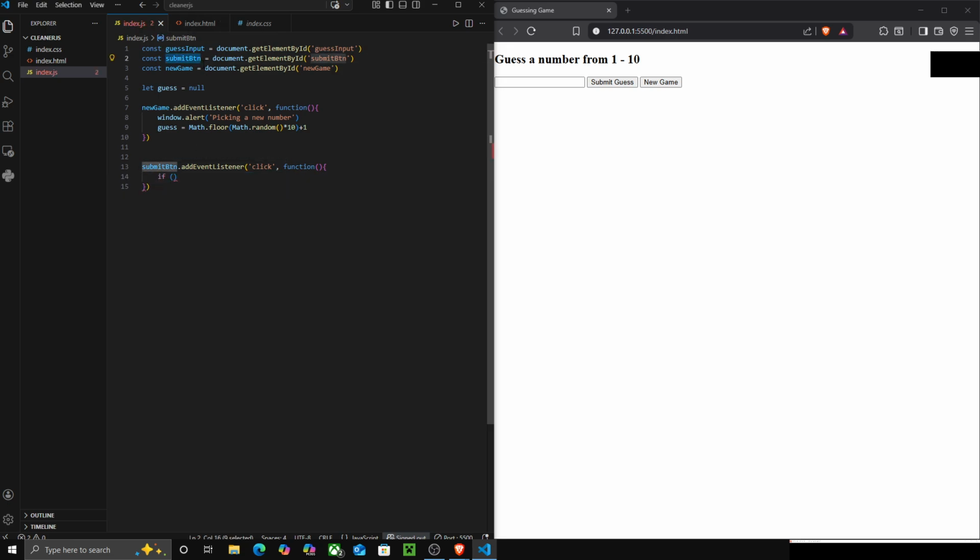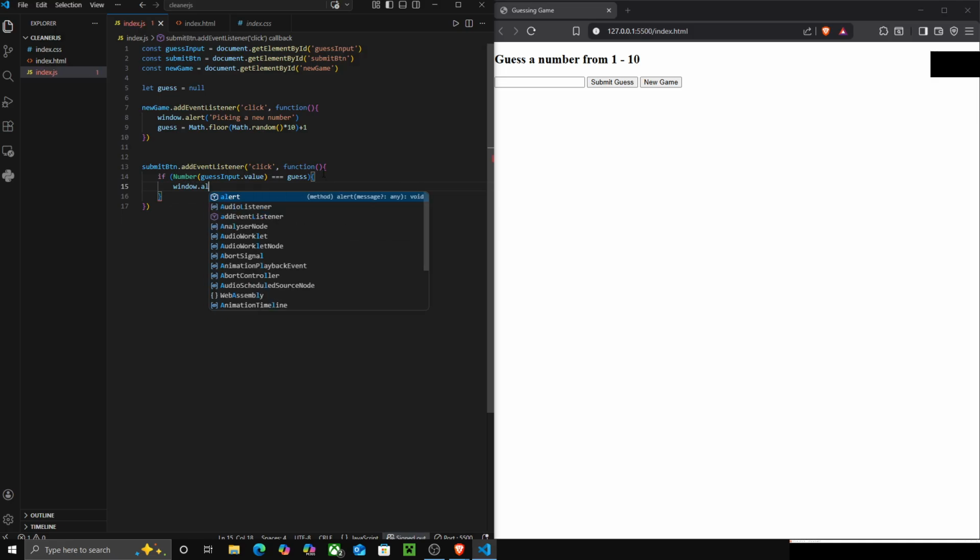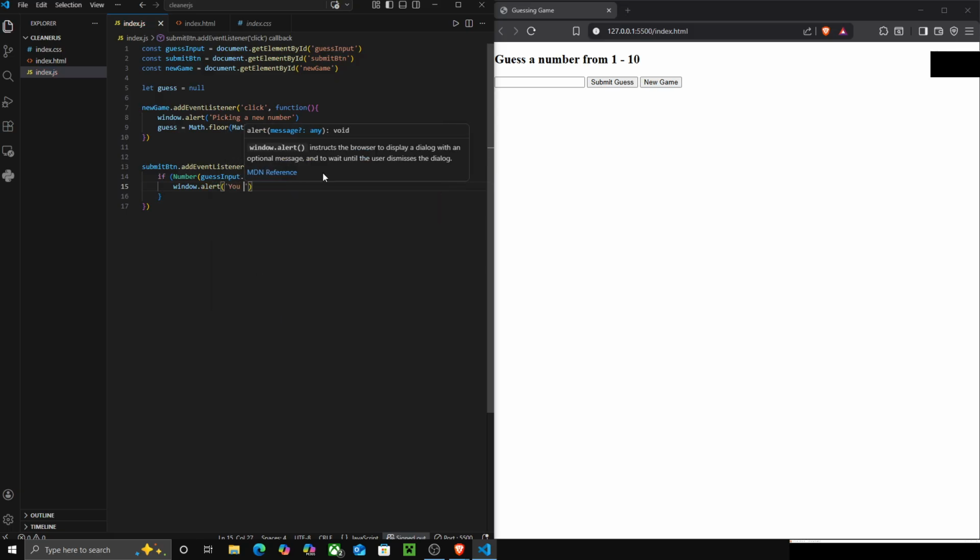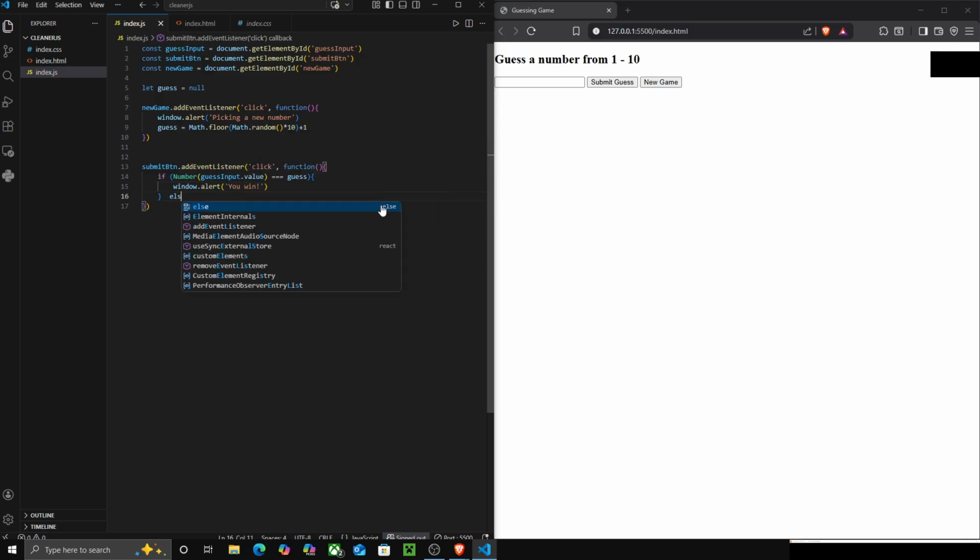If guess input dot value, convert this to a number, equals guess, window alert you win, then else if